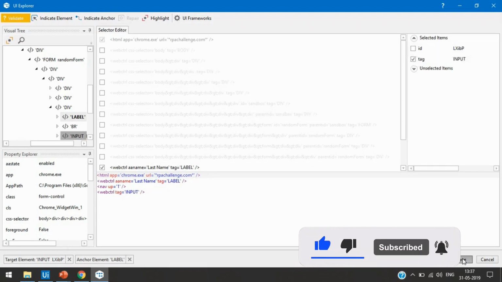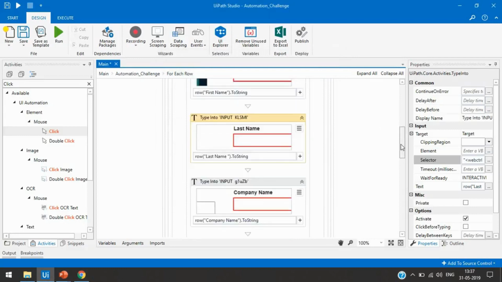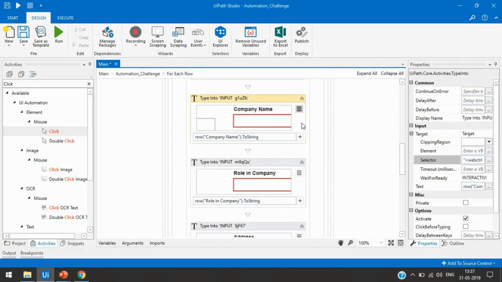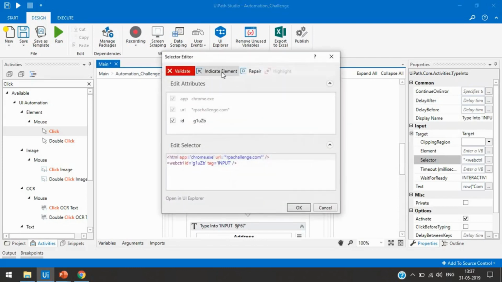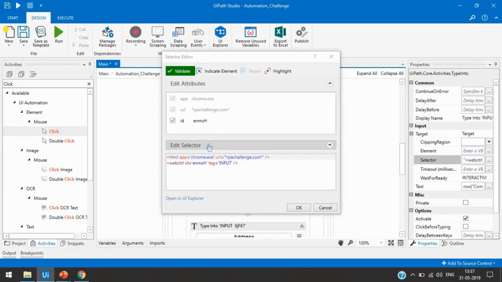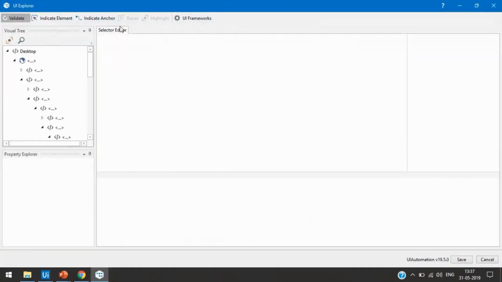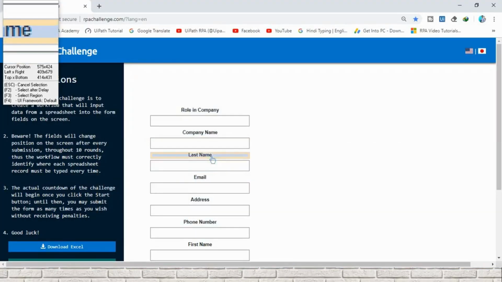So let me save again, and now we have another option. We have the third one, that is company name. Again we'll click on edit selector, indicate element, and this is the company name. Open in UI Explorer, indicate anchor, go to the company name, here select this label.